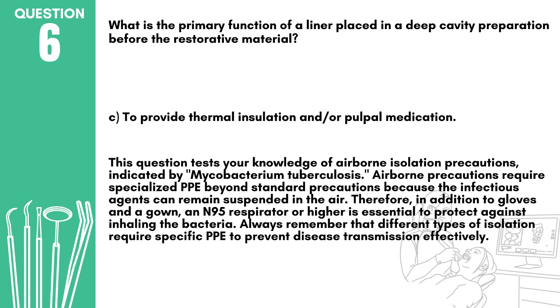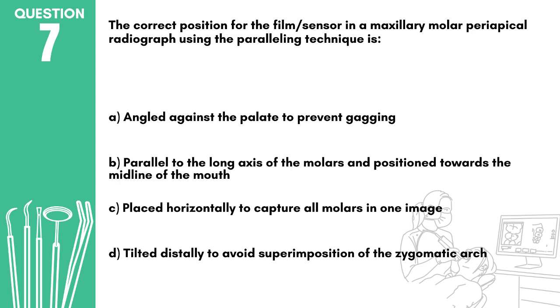For example, after the dentist removes deep decay, a small amount of liner might be placed on the pulpal floor before the filling material. Always remember that a liner is like a mini shield or medicine for the pulp in deep cavities. Question 7. The correct position for the film/sensor in a maxillary molar periapical radiograph using the paralleling technique is: